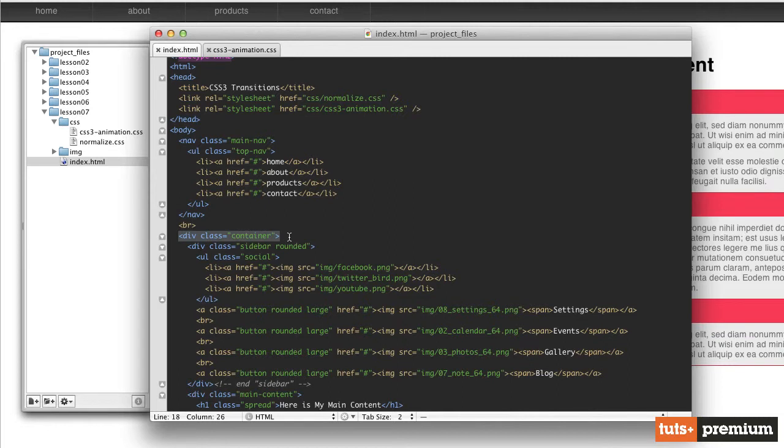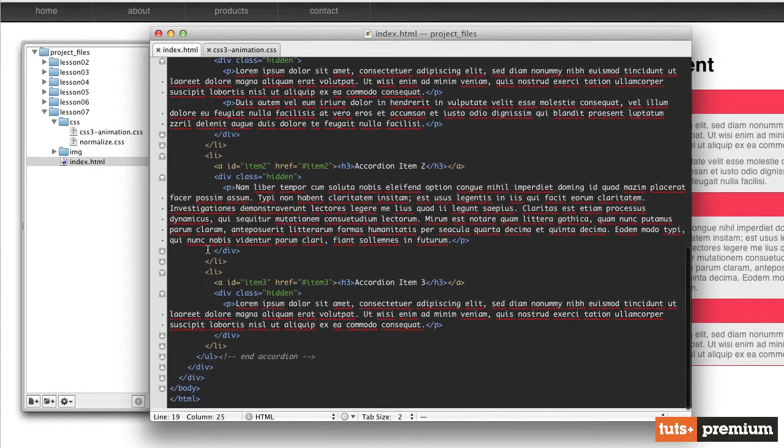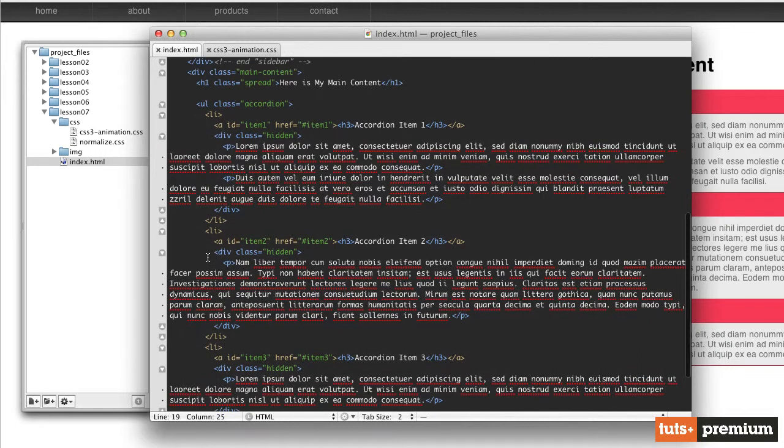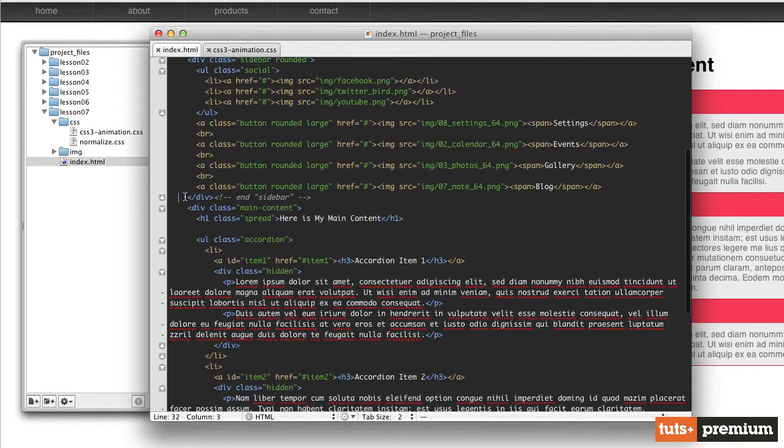That container div contains all of the rest of our content below that nav bar. And then inside that container, we have a div with the class of sidebar. And then down here towards the bottom right, here's where that sidebar div ends. And then the next div with main content comes into play, and that contains everything in the right column of